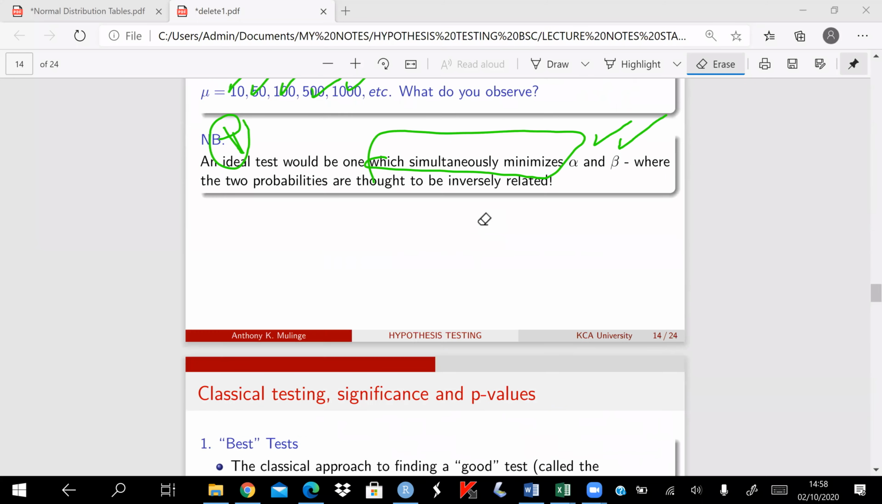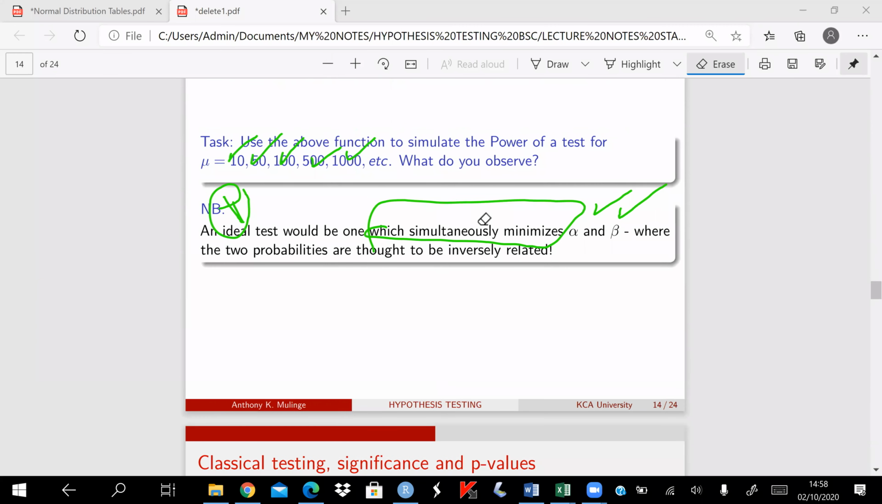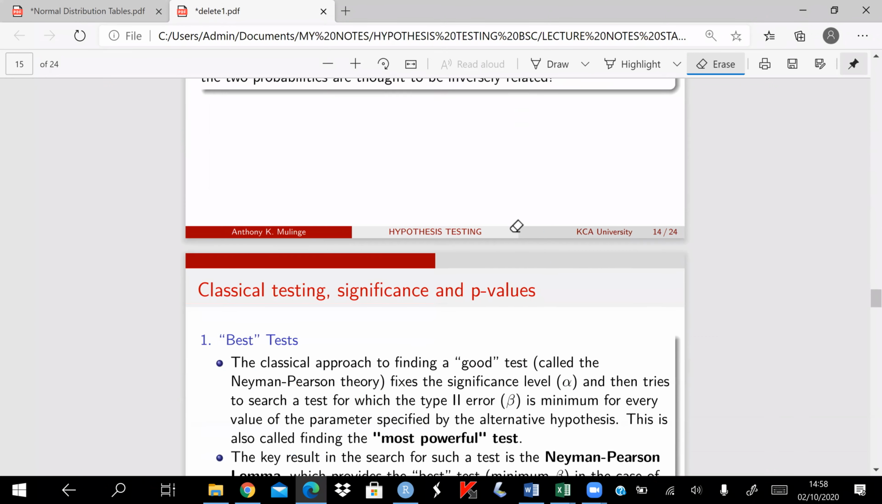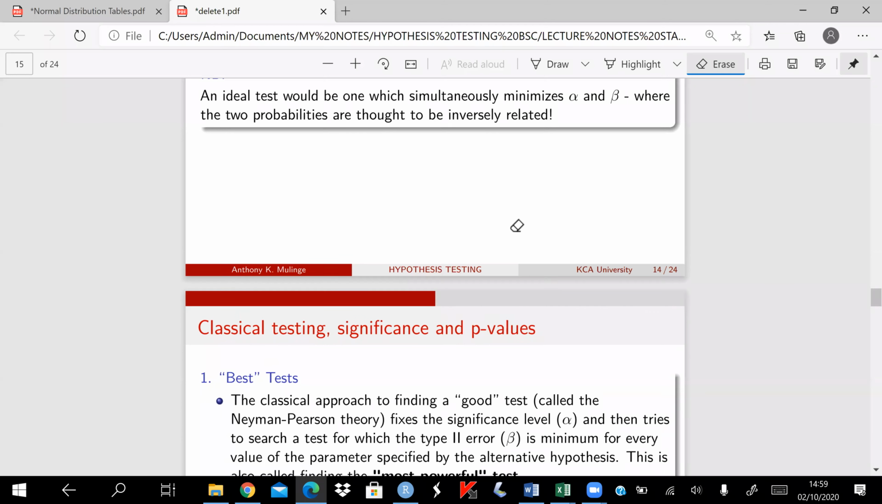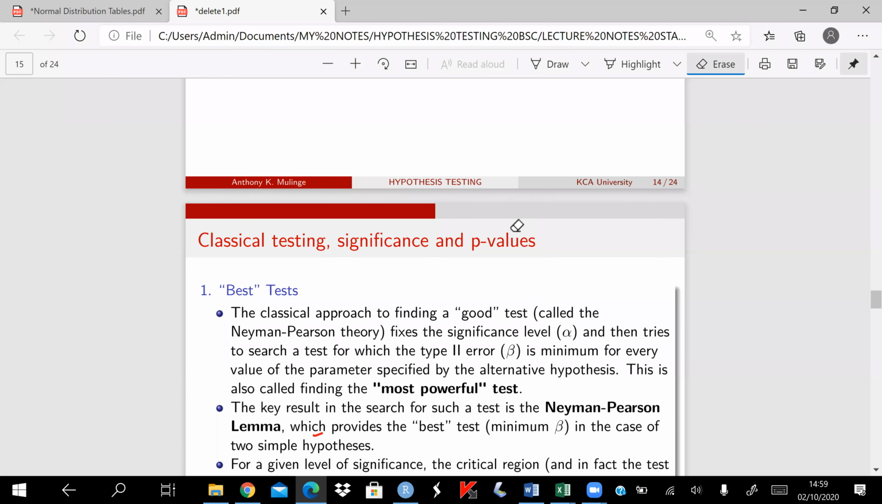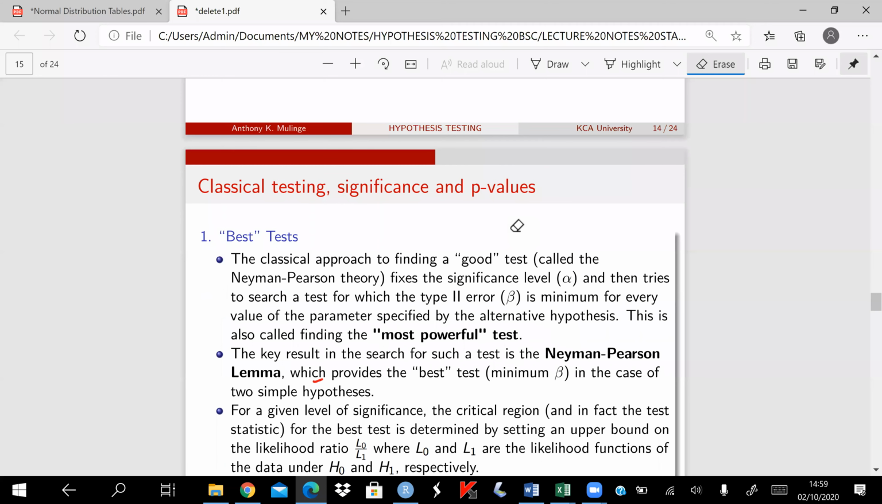Last week we looked at various issues, and our concluding remarks were that an ideal test is the one where type 1 error and type 2 error are actually minimized. But the problem is that type 1 error and type 2 error are known to be inversely related. So as you try to minimize one of the errors, the other error goes up. That kind of problem will be answered by what we call the Neyman-Pearson lemma, which is our starting point